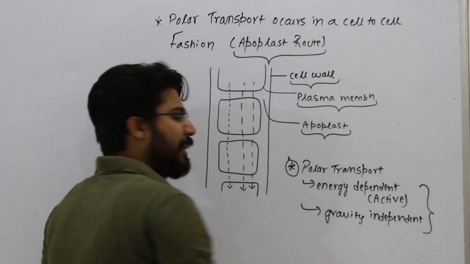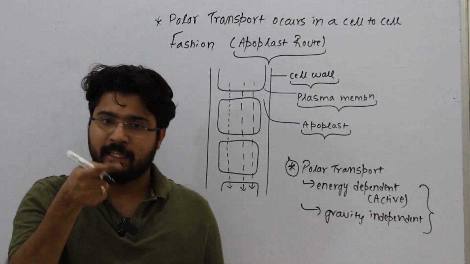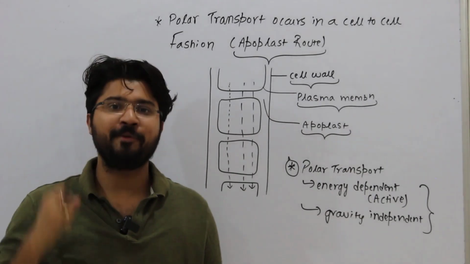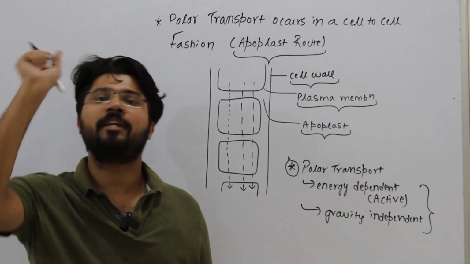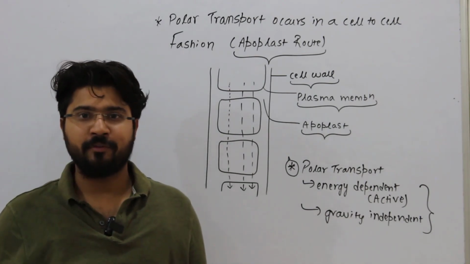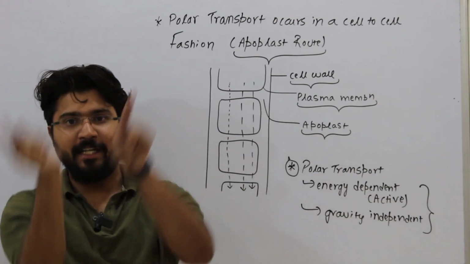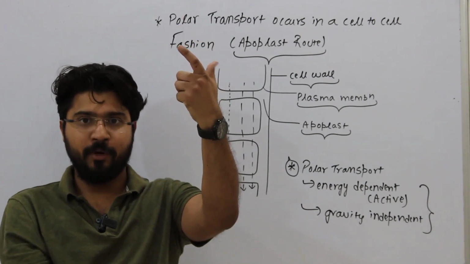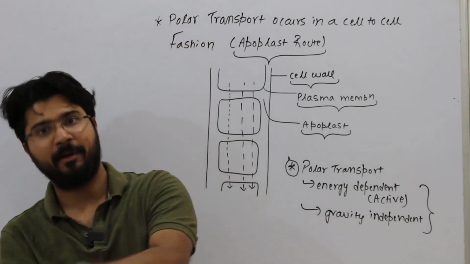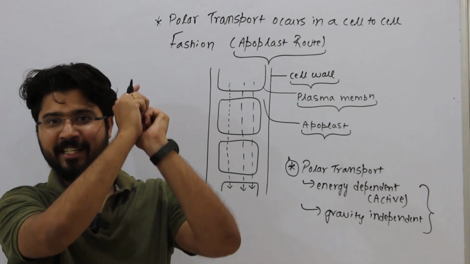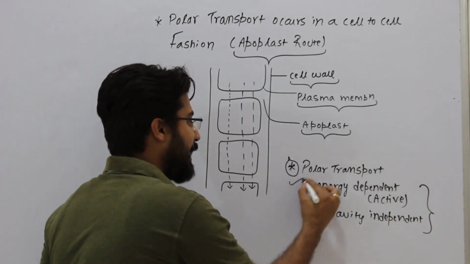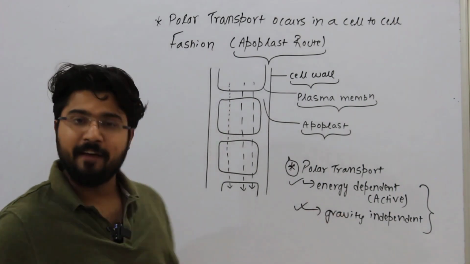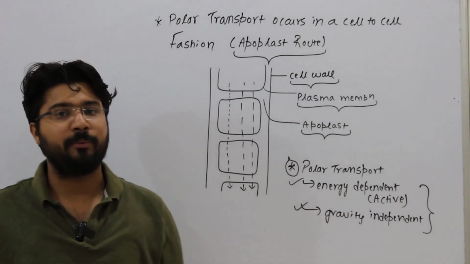What do you mean by gravity independent? Do not think that it is moving from SAM to RAM because of the influence of gravity. It is moving from a production site to a lesser production site. There is no influence of gravity. You can even change the sites, SAM lower and RAM upwards. If SAM had the higher oxygen, it will move against gravity. There is no impact of gravity on that. So what we are saying is, it's energy dependent and gravity independent, and this can be a very important question.